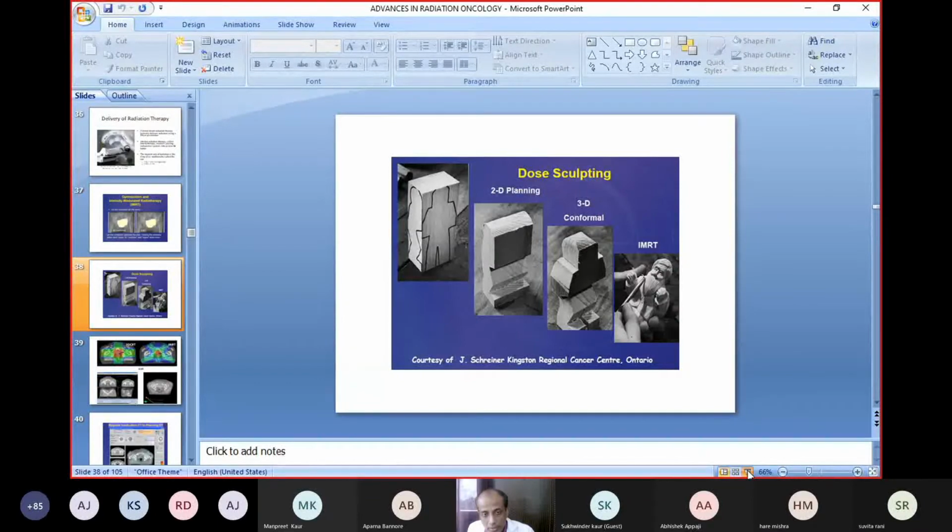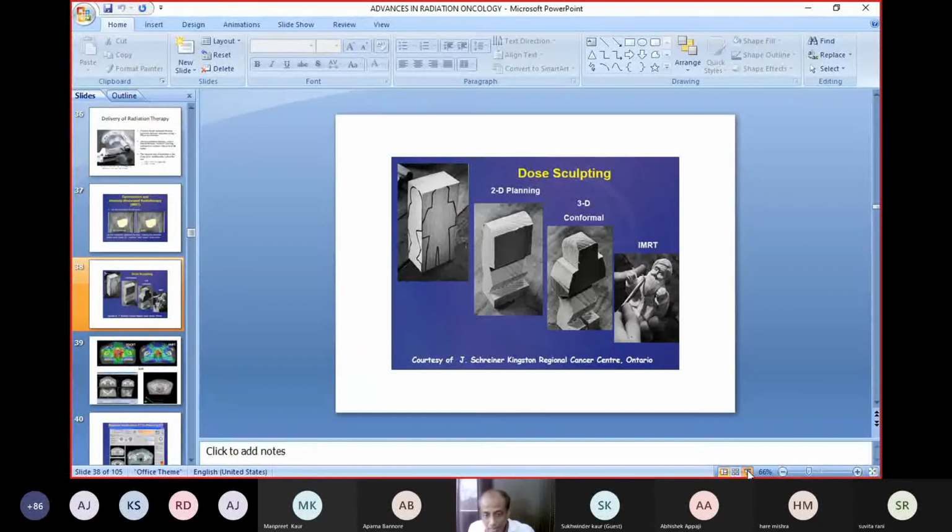You can see in 3D CRT we are giving a square field, open fields from all four sides, and we are treating this area, and this is the red area you can see as it's coming like a square. But our treatment intent is this inner red line which you are seeing. The surrounding areas are the normal areas, but they are also getting radiated in 3D CRT. But in IMRT, we have given at least 6 fields, 1, 2, 3, 4, 5, 6, and we have limited our dose to the target area. So we are sparing the surrounding areas which were getting the dose in earlier 3D CRT.